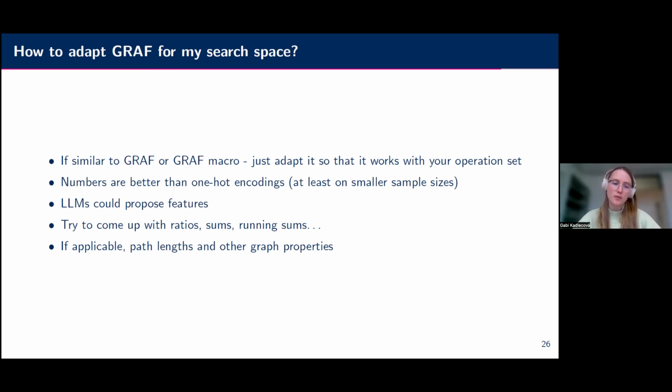What could also be an option, especially for macro search spaces, you could maybe ask an LLM to propose some features, which we did during the reviewing phase, and that looks actually quite promising. And if you don't do that, then just sit, look at the data frame, look at the scatter plots, and try to think of some ratios, sums, running sums. It's usually something that your predictor will be very happy about.